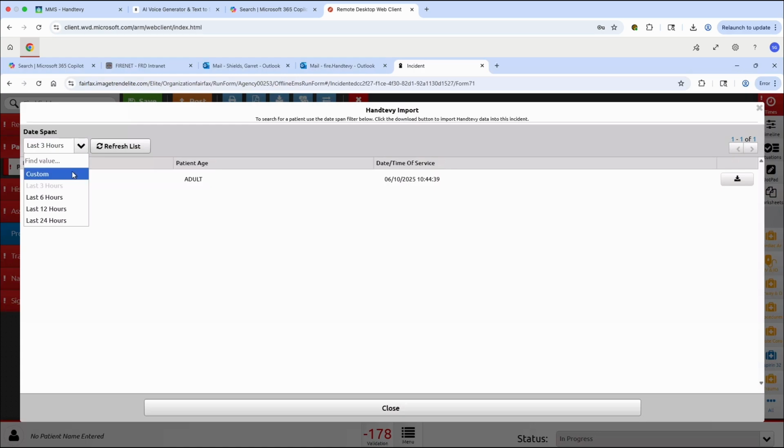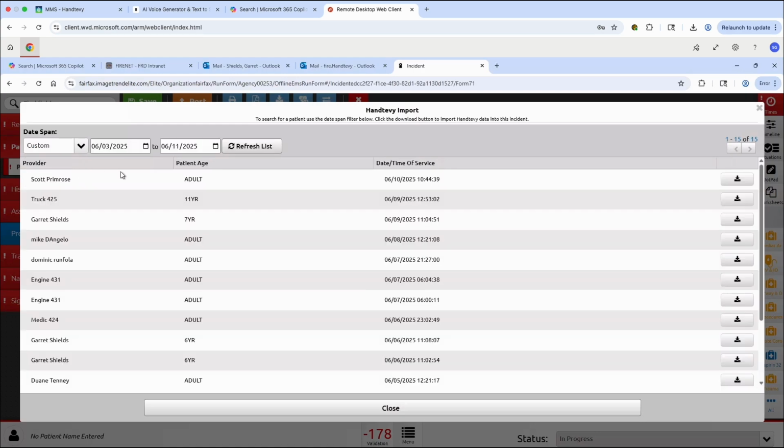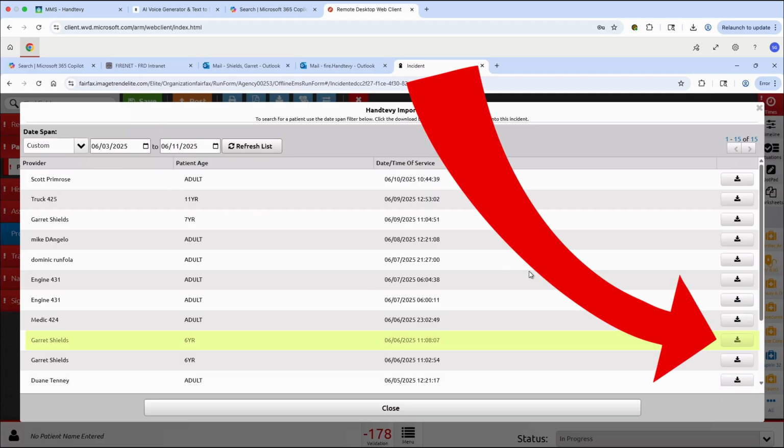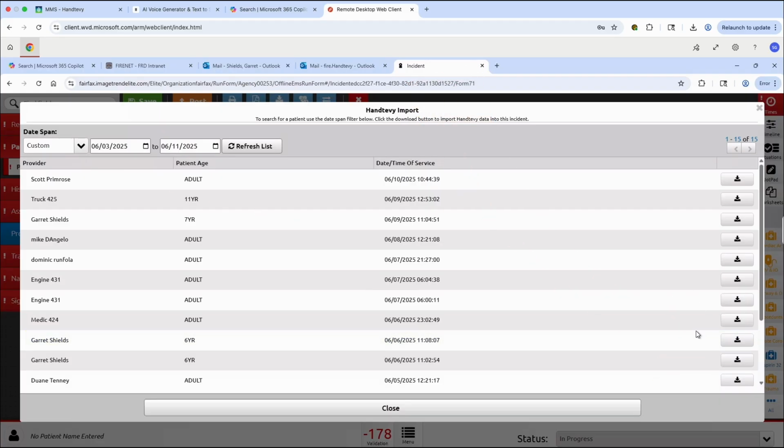Since this video was created over several days, we are selecting Custom to find our 6-year-old. Locate the chart you wish to import and click the download icon on the right-hand side of the screen. The provider column will display the name of the user registered to the device that sent the data. Since we sent data from a phone, it is listed as Garrett Shields. However, if we had used the unit's iPad, it would appear as the name of that specific unit, such as